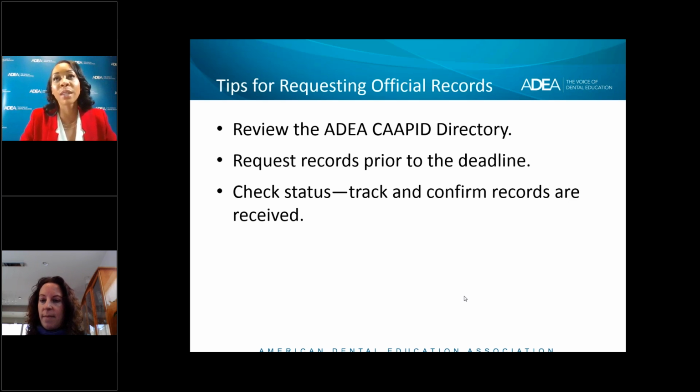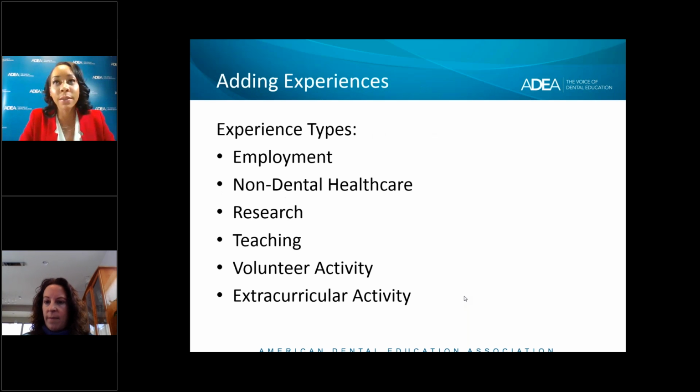The next topic that we're going to discuss is experiences. Background experiences are an important part of the application because they show the applicant's skills and abilities. Many applicants struggle with this part of the application because they don't complete it. They instead upload a resume or a CV. Now, some programs may require a resume or a CV, so you would want to share that information, but it's important to also enter specific details about your experiences in the application.